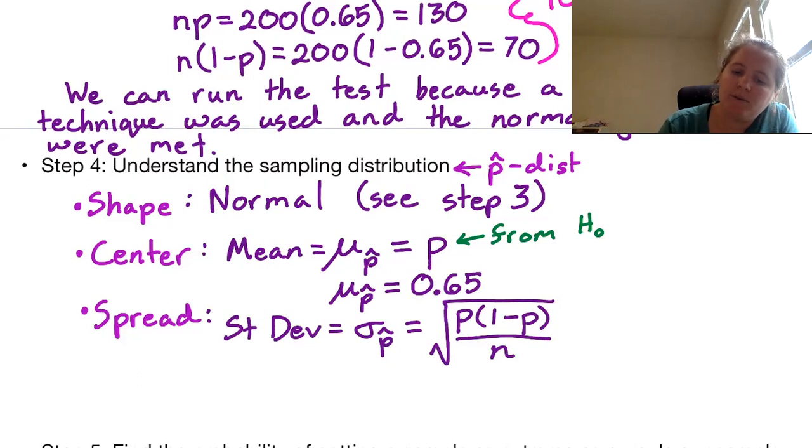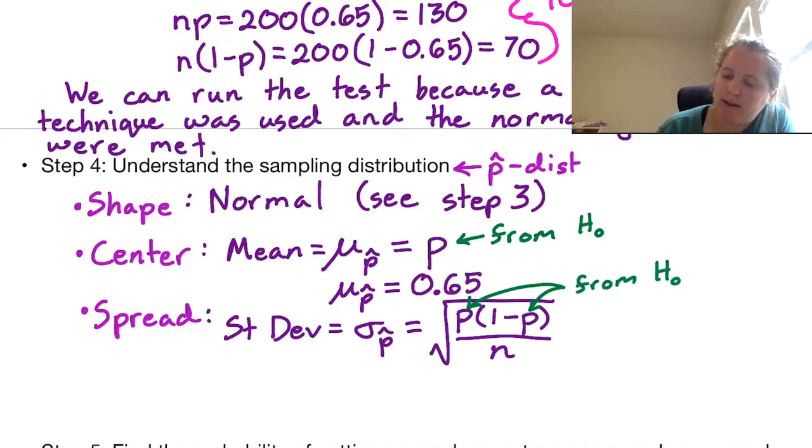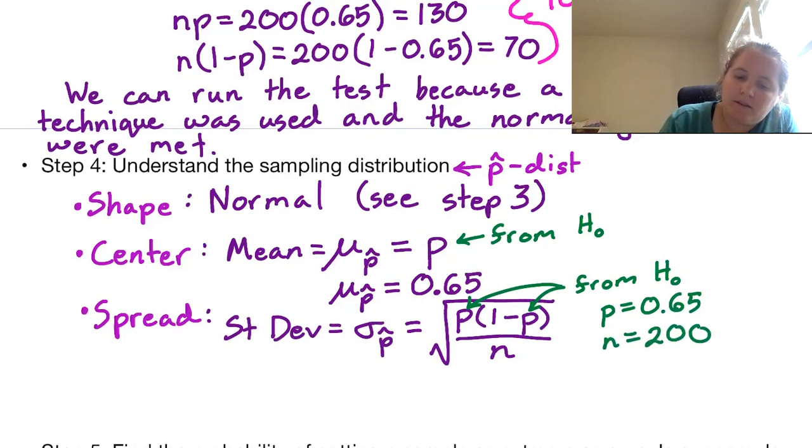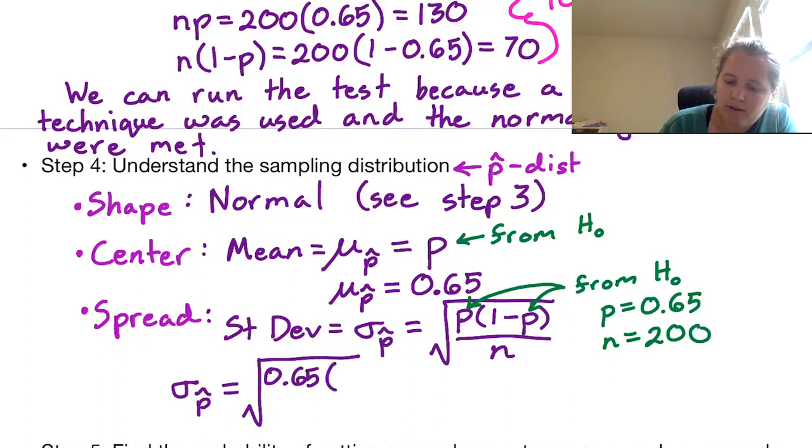Again, the p that we are working with is going to be from the null hypothesis. So we have p is 0.65, and we are told n is equal to 200. So we have our sigma sub p-hat is equal to the square root of 0.65 times 1 minus 0.65, all